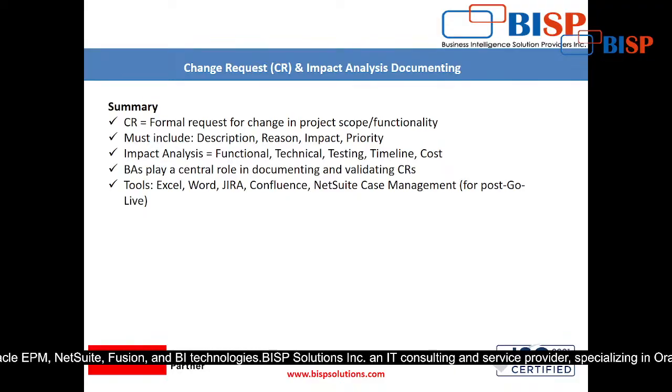Then impact, and after that priorities. I will take each and everything from you and then I will put the priority. So validating the CR, and there are so many priorities, whether it's a P1 task or what. So in this way,